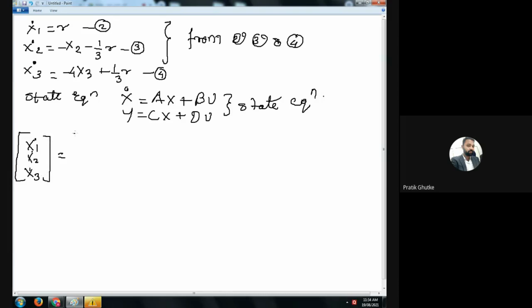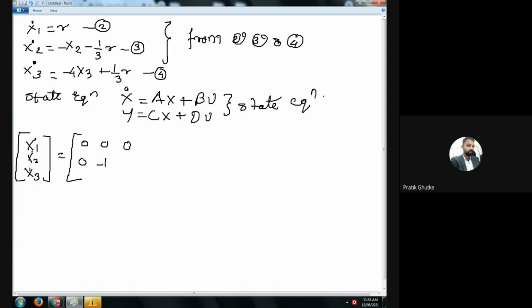So I have to write the matrix. So you know that we have to go for first equation. In first equation, is there any x1, x2, x3 term? Directly I am having R, that is input term. So x1, x2, x3 is missing in equation number 2. That's why 0, 0, 0. Have you understood? Now coming forward to the next equation, x2. In this case, am I having x1 term here? No, x1 term is not here, but x2 term is there. See, x2 term is minus. So here it would be minus 1.